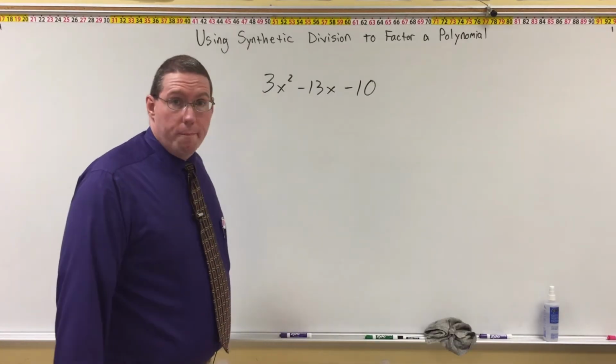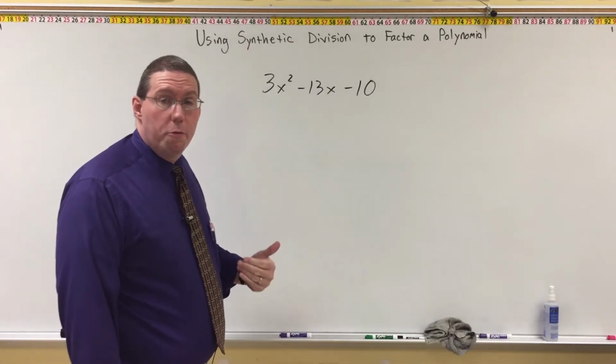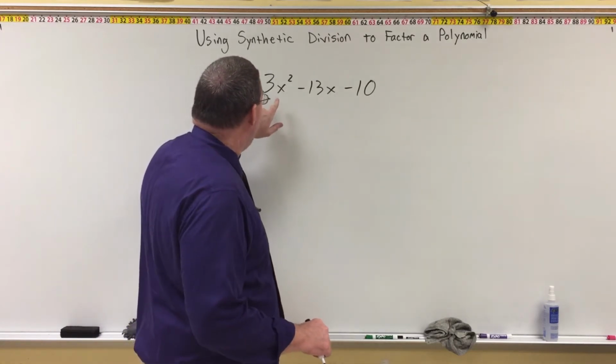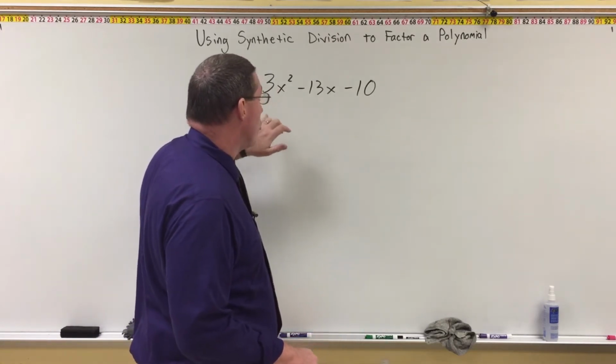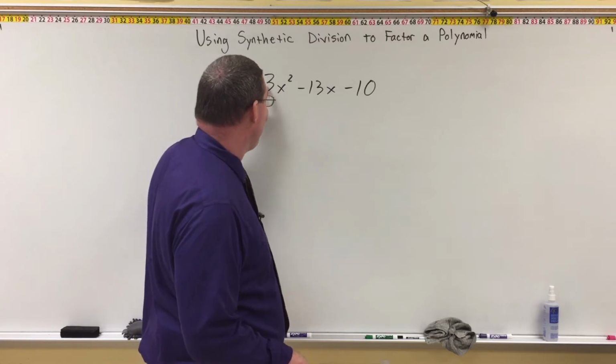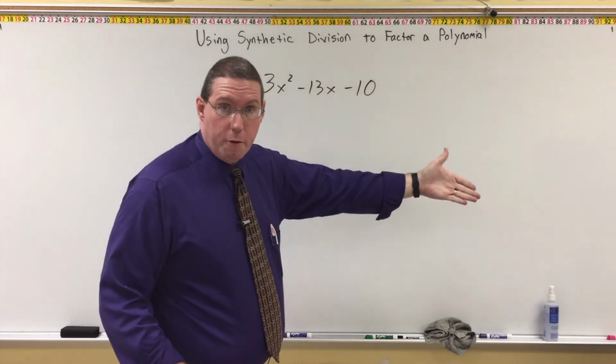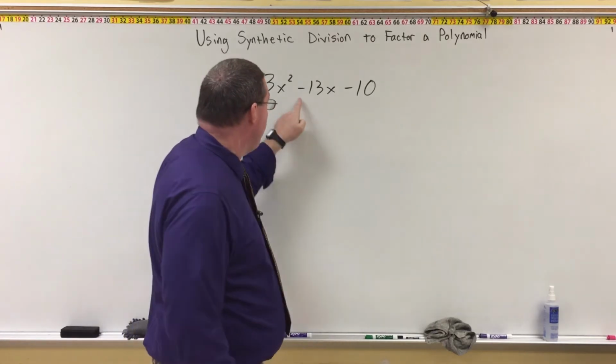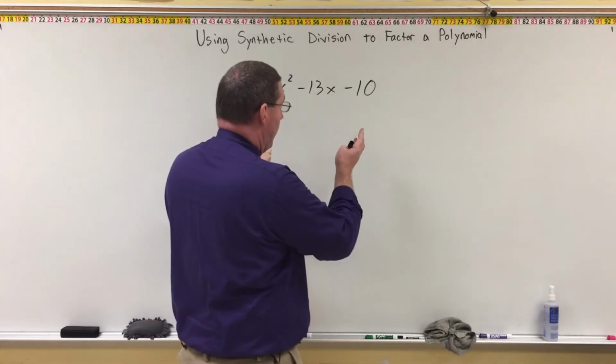All right, what about this one? Well, you would know how to do this one too, but it's not nearly as much fun as the other ones. Okay? You could use the product sum grouping on this. So you can multiply the 3 times the negative 10, you'd get negative 30. Then you can find the factors of negative 30 that would add up to negative 13,